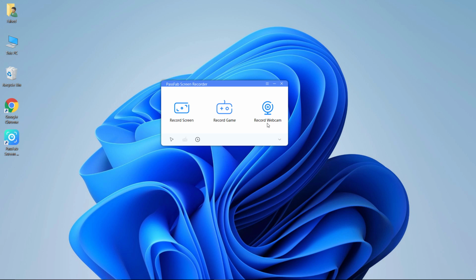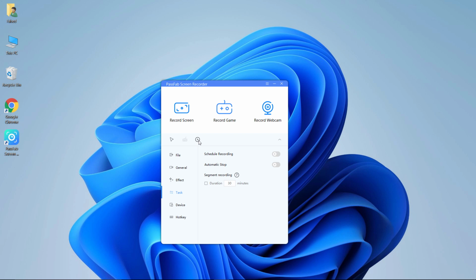Here we have few settings, like you can enable capture mouse, capture keystroke. In the task tab, it helps creators auto-save the recorded video in every 30 minutes or the duration creators set. You can set schedule recording. You can choose the start time and record area. In File tab, you can check the videos you have recorded and the screenshots here. Plus, you can also change the output location from here.